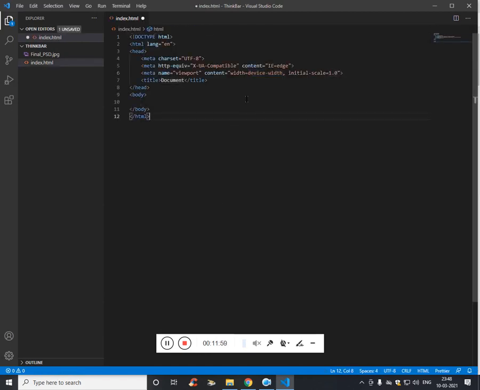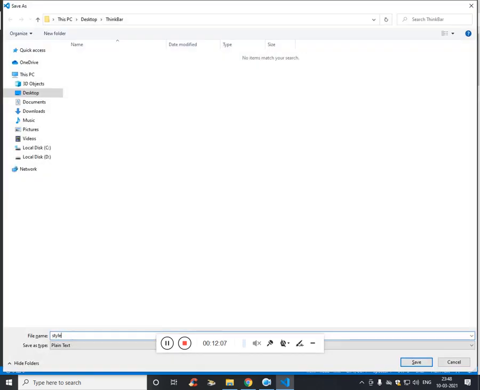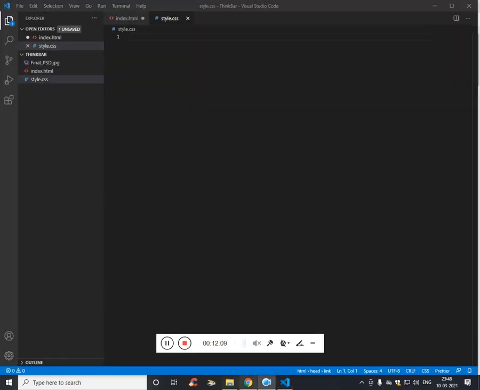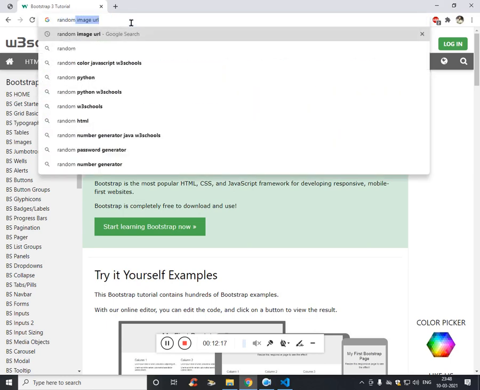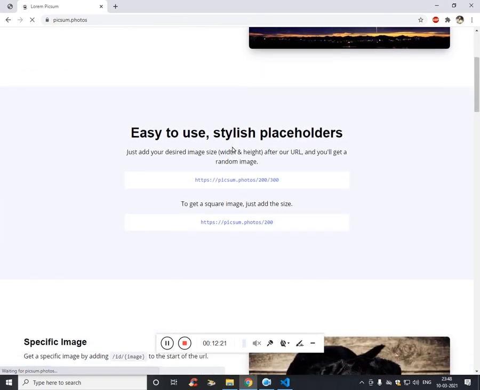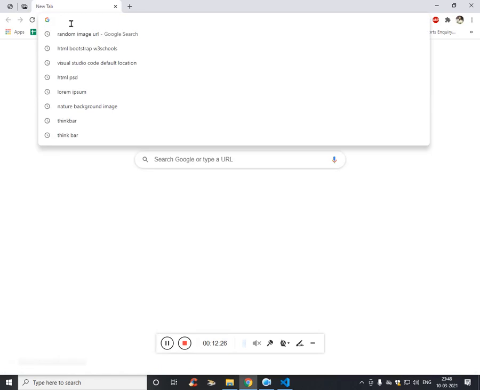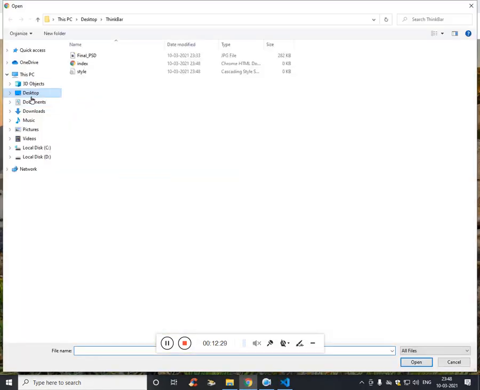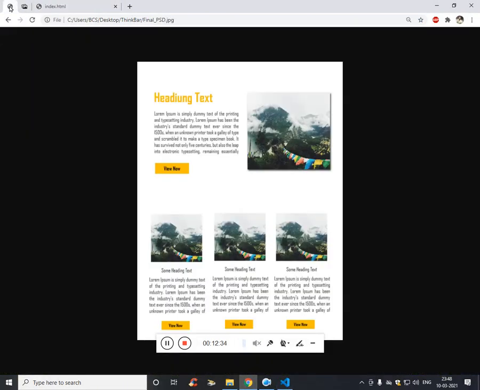Exclamation mark, enter. Just link the CSS style.css, which will be on the same folder. We just need one thing, random image URL. That's it. So we'll use this, pin it. Now open the file which you have created right now. It's on the desktop, index.html. Now if you see,